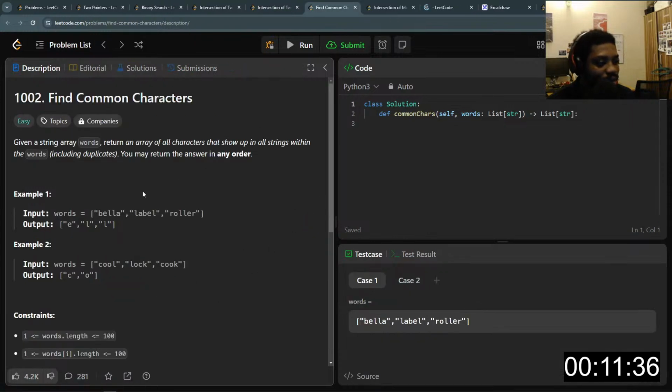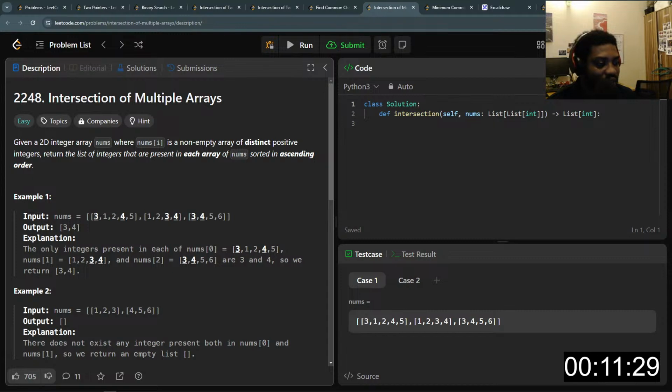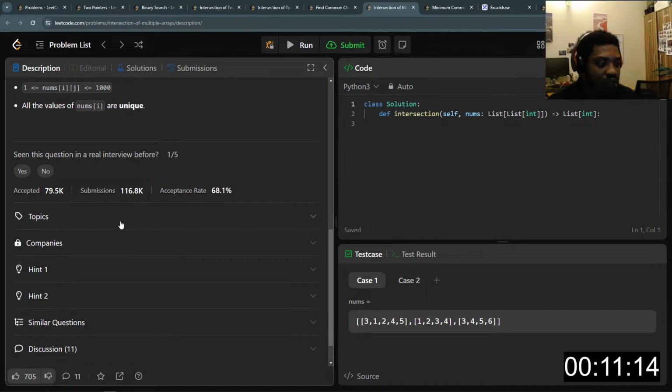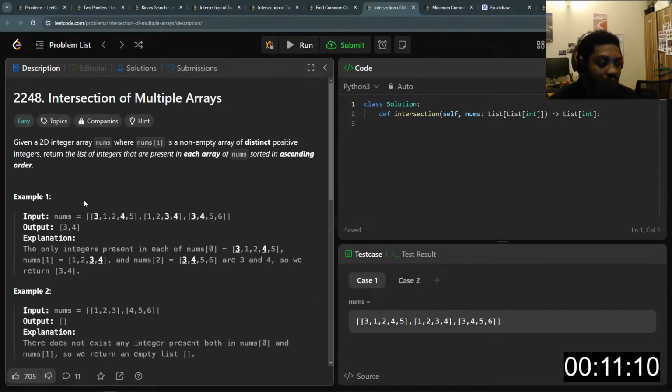They are all similar questions. You can see intersection of multiple arrays. So we did intersection of 2 arrays, right? In this case, I think a binary search might work, but I did not even read the question yet, and the previous method I used will work, because